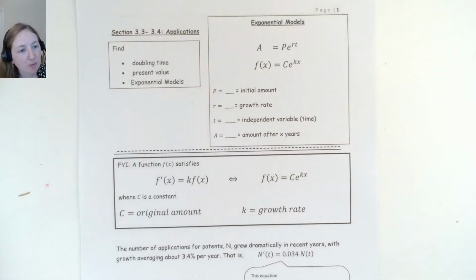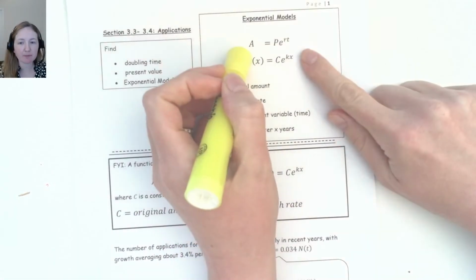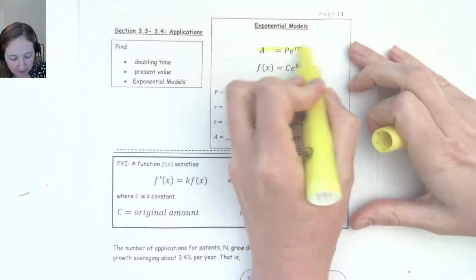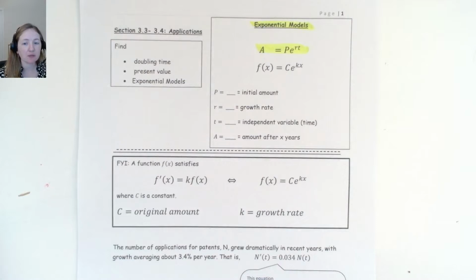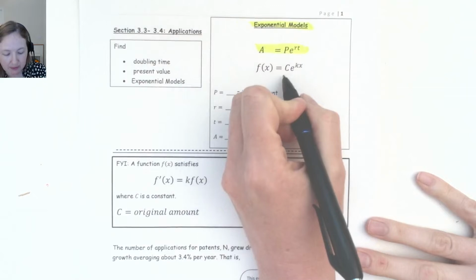Okay, so in this section, we're going to talk about applications, and the reality is we have already seen one of these applications of exponential functions. We have seen our PERT model. So the PERT model is an exponential model, as we discussed in the very first section of this unit. What they're going to do in this section is formalize it to be a more general exponential model. So the way that they do that is they represent it as f of x is equal to c